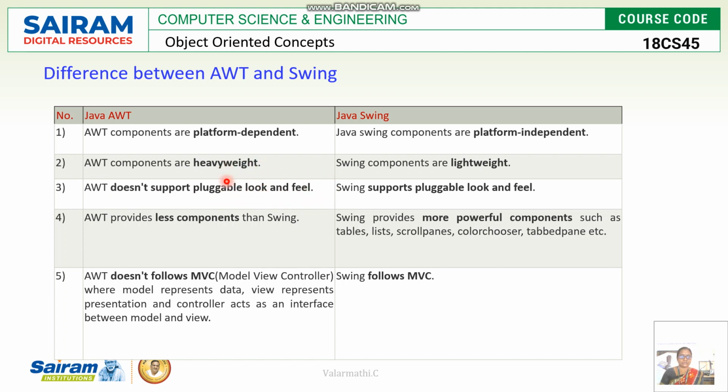Look and feel is one of the major features provided by Java, and Swing supports the pluggable look and feel. AWT provides fewer components than Swing, and Swing provides more powerful components. AWT does not follow the model view controller, but Swing follows the model view controller,